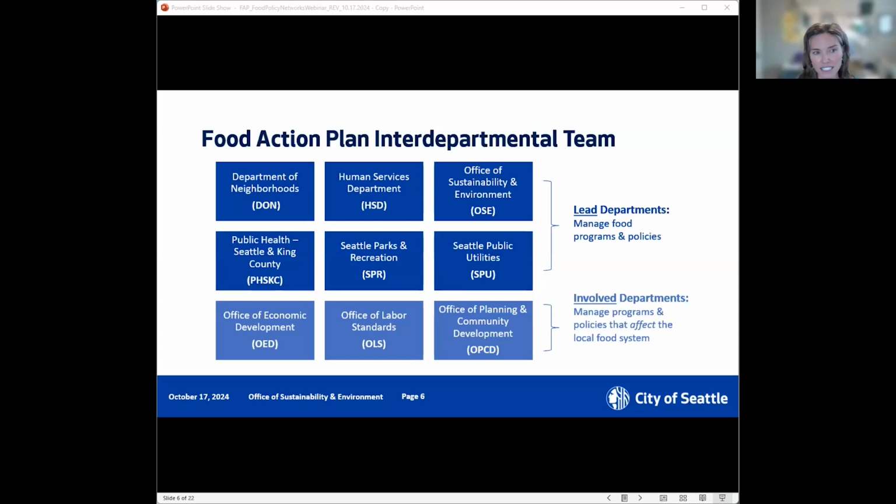2010, the city has had an interdepartmental team that helps to guide and implement the food action plan. There are key representatives from the 9 different departments that you see here who manage food programs or manage programs and policies that impact the food system in some way. And what I am presenting today and all of the engagement I'm presenting is really guided by a team of folks. So I wanted to recognize them here and also to just show the